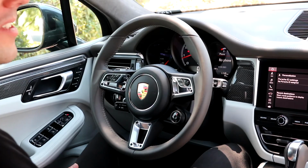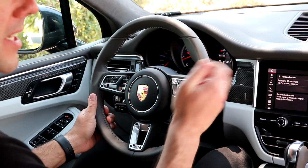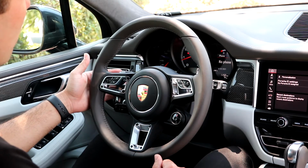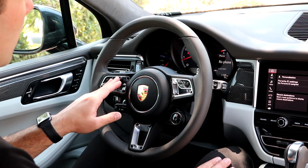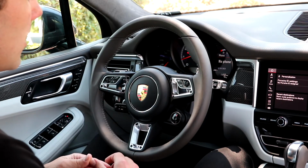Now we'll be continuing on to the multifunction steering wheel. This particular one has been finished in agate gray to match the interior trim of the car. On the left, you'll notice a paddle, which will have a minus button, which will shift you down a gear, and on the right will be a plus to shift you upwards. Likewise, there'll be volume control, phone control, as well as seeking control,